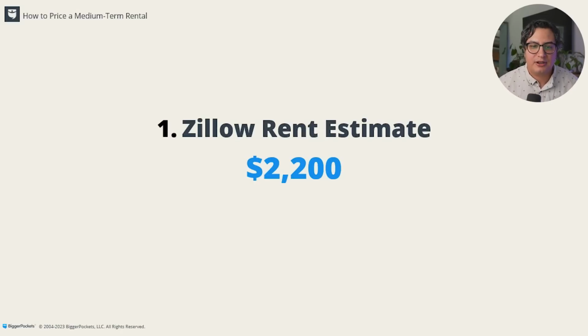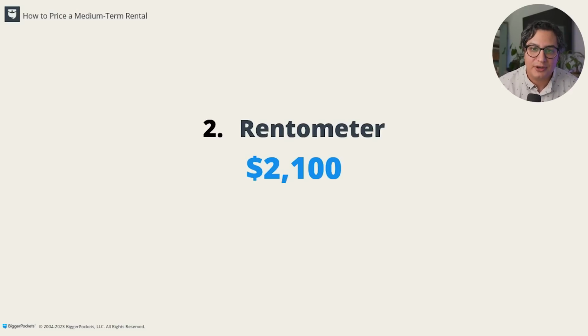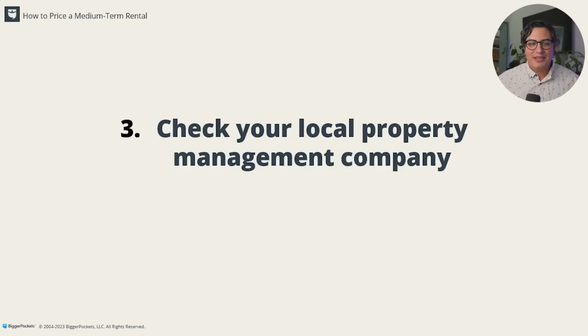So we're breaking down my property specifically. On Zillow.com, we were able to get a rent estimate of $2,200. So we're going to be checking different variances from different platforms. Again, this is based off of the Zillow price of $2,200. Rentometer came in at $2,100 for my property. And number 3, check with the local property management company. That's what I did, and they acknowledged that $2,200 was correct. So Zillow, thumbs up to you for coming through on that.